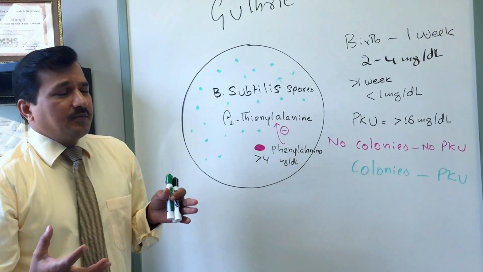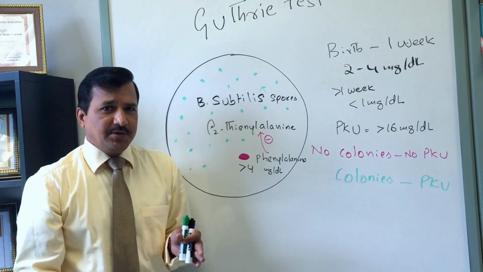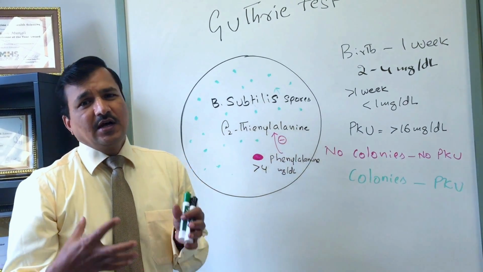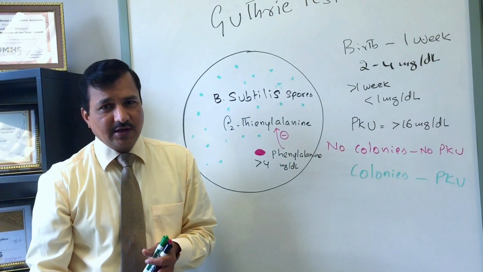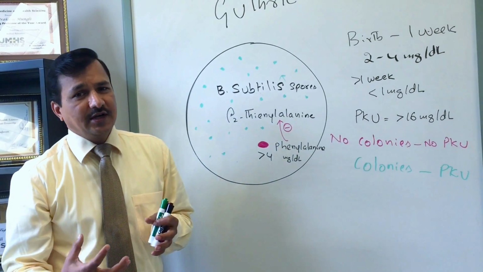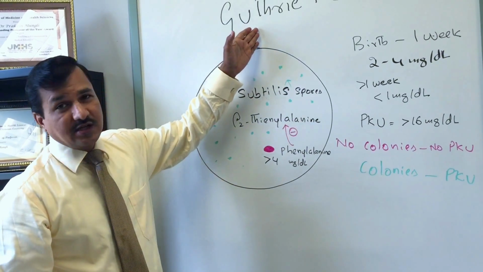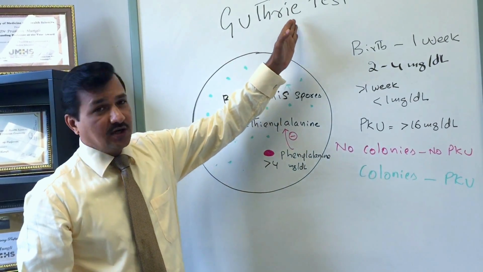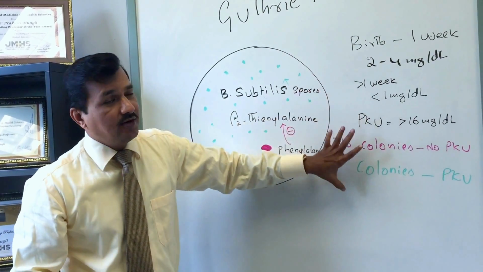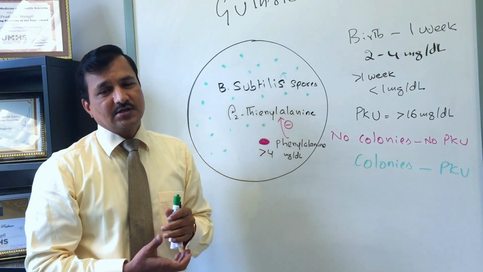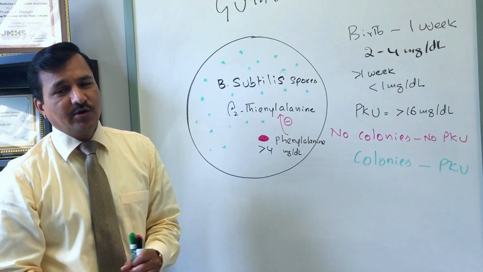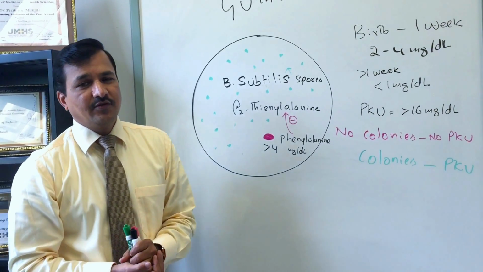Now if HPLC is available in the hospital, you can directly do the HPLC test. The only thing is that it is costly, and you also need to have the test available in the hospital. If the hospital does not have an HPLC based mechanism to quantitate phenylalanine, they will use this screening test first, that is the Guthrie bacterial inhibition assay test. Any samples that come out positive will be sent later to HPLC based methods for direct quantitation of phenylalanine. So that's all about screening and confirmation for phenylketonuria.